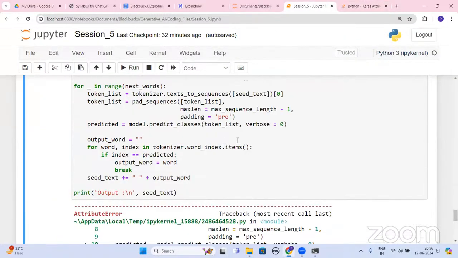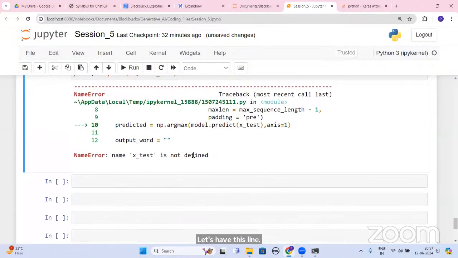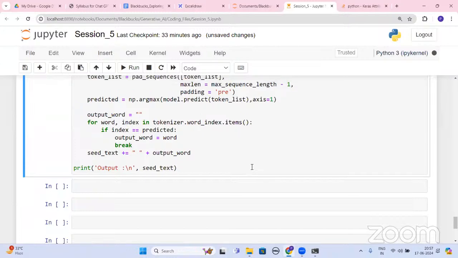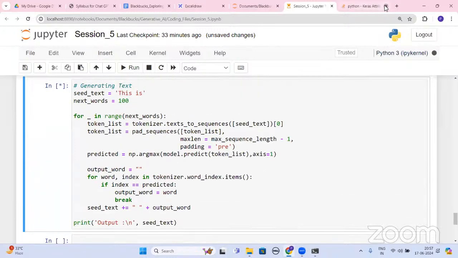Let's have this line. And yeah, I think this should work.